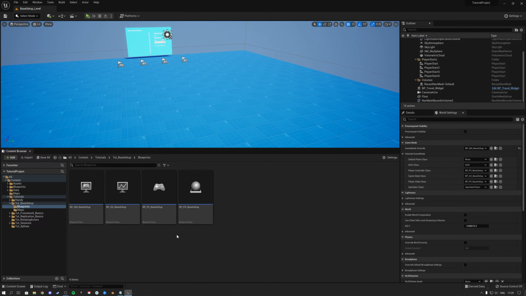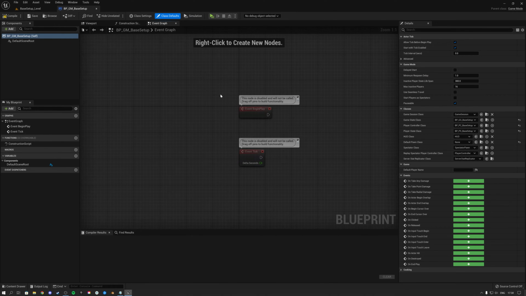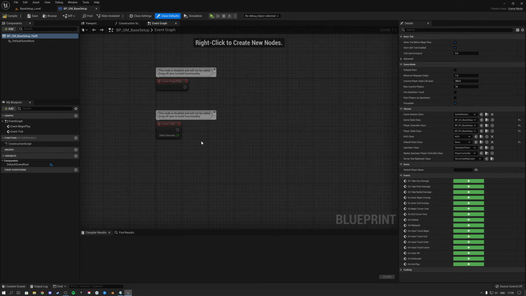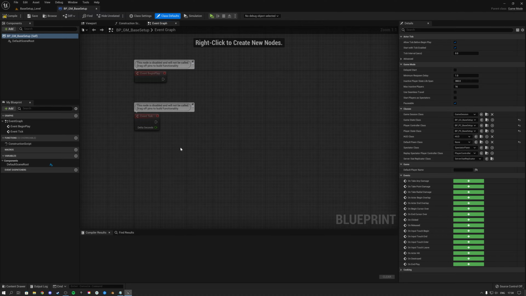So what's the first thing that I typically do when I create a multiplayer game? What is my basic setup? Well, first thing I do is that I go to the game mode. And the reason is because in a multiplayer game, obviously your players are going to connect and they are going to disconnect. And once a player connects and disconnects, I want to store that player somewhere